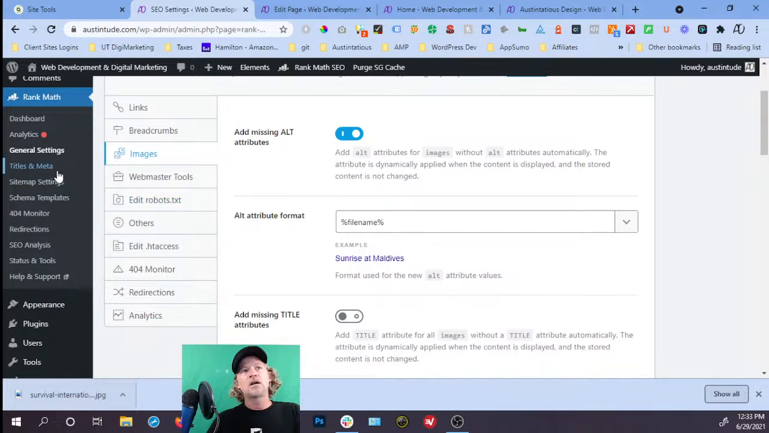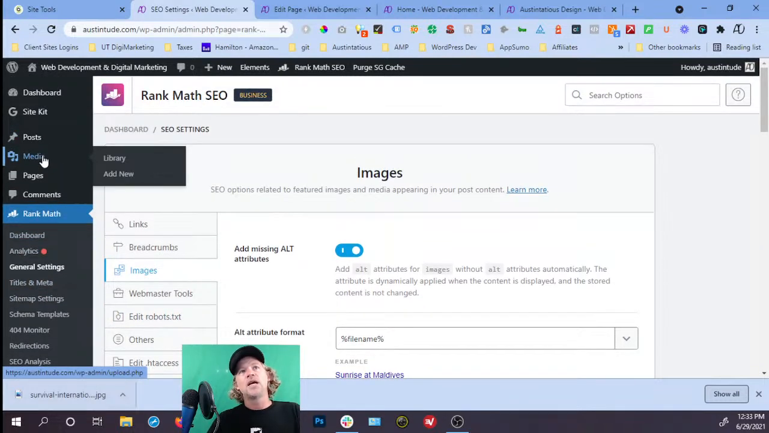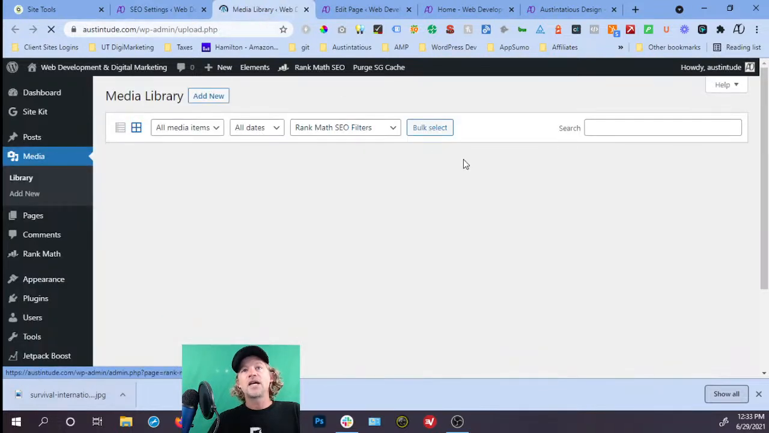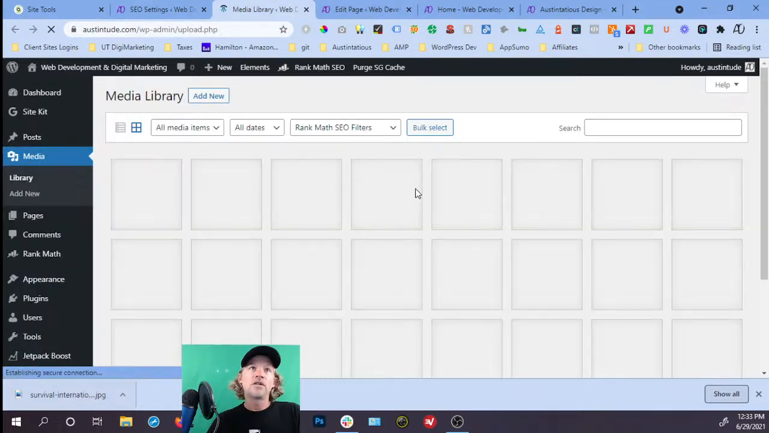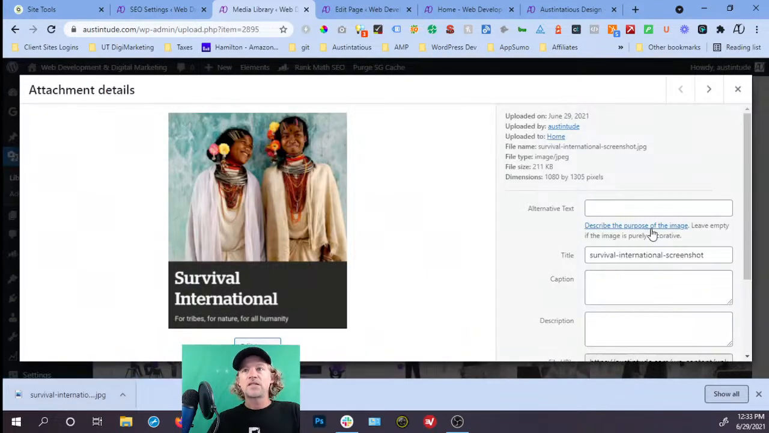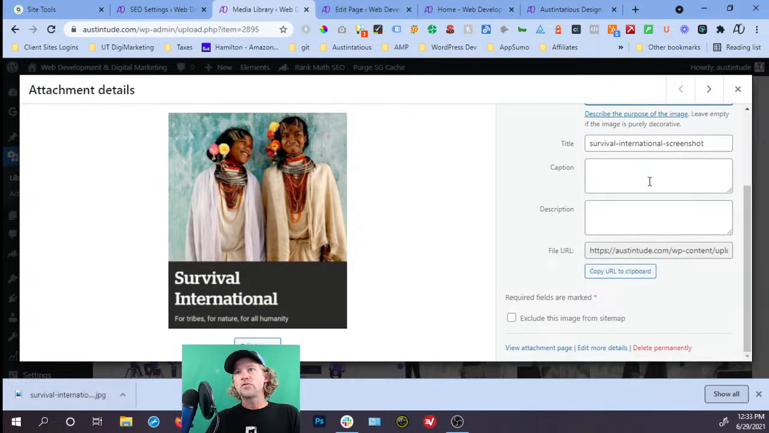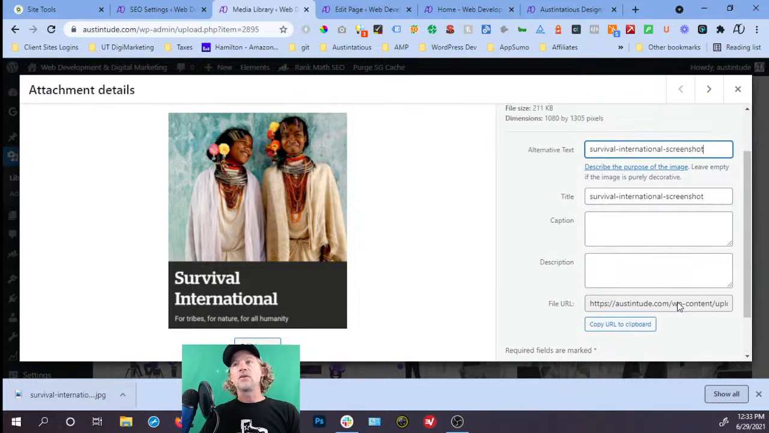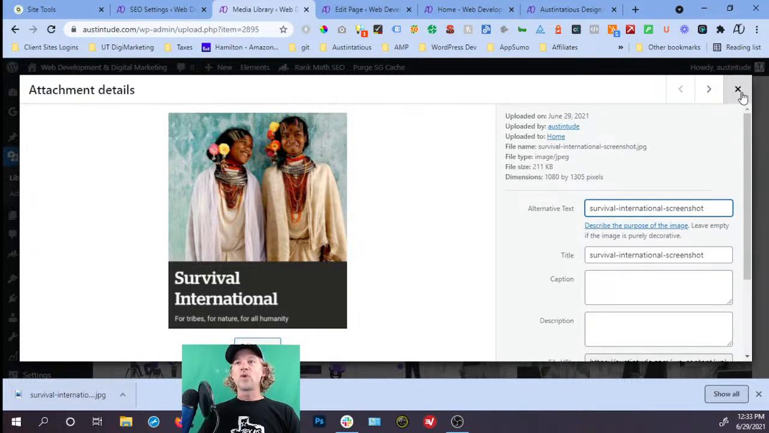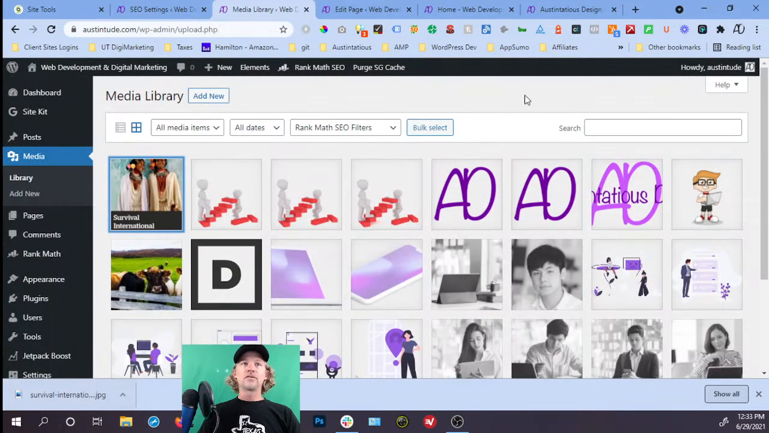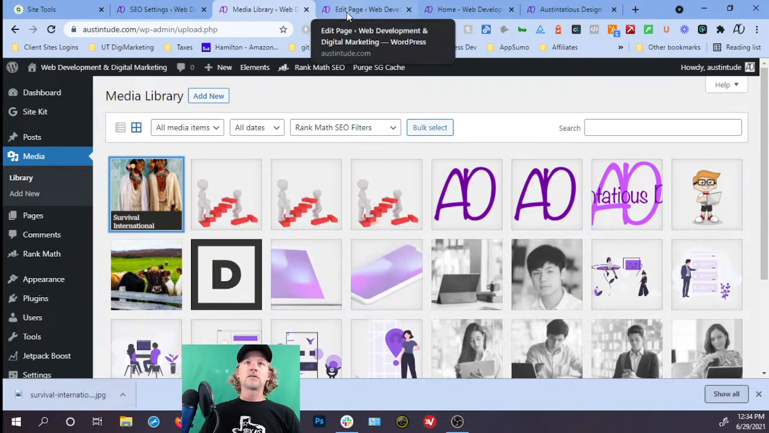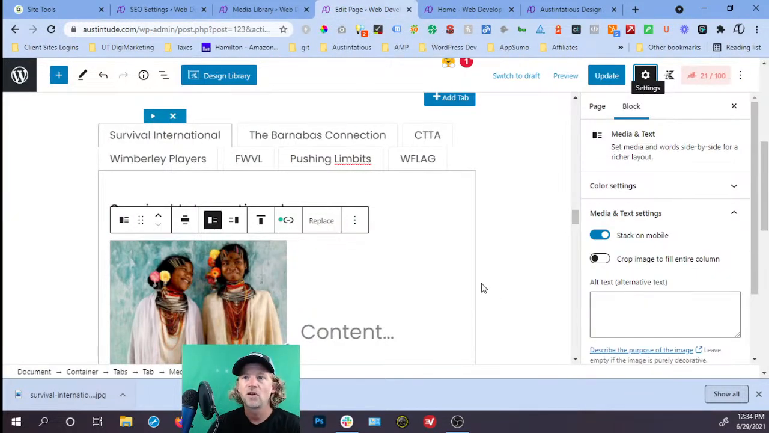Now, best practice, I'll go into the media folder and I'll actually, what I do is a bit of a shortcut. Because I name my files in a way that is accessible for visually impaired screen readers with the dash, I copy them and I just paste them in. So Survival International screenshot. Now, that is not saying that that's a great alt text. There are much better ways to add alt text,